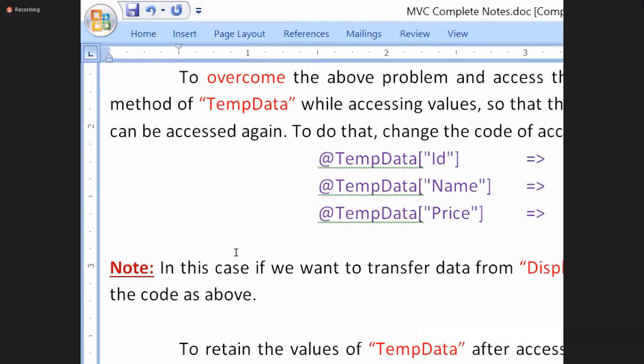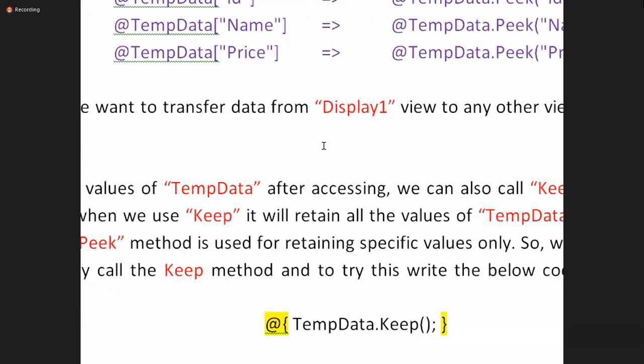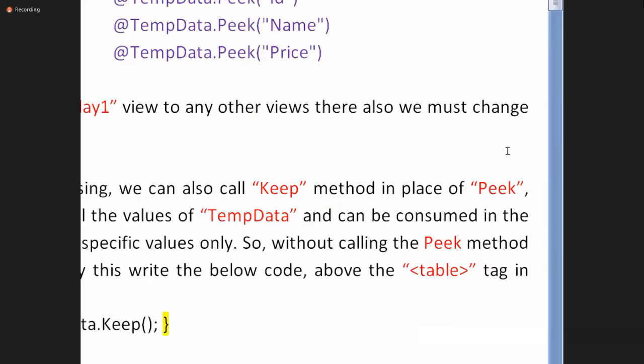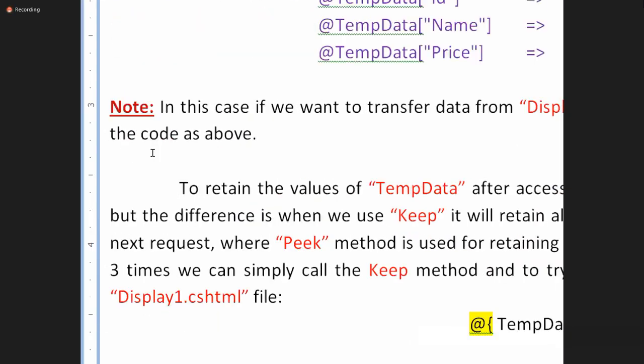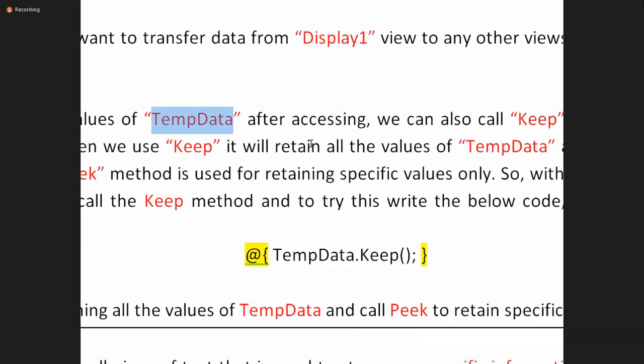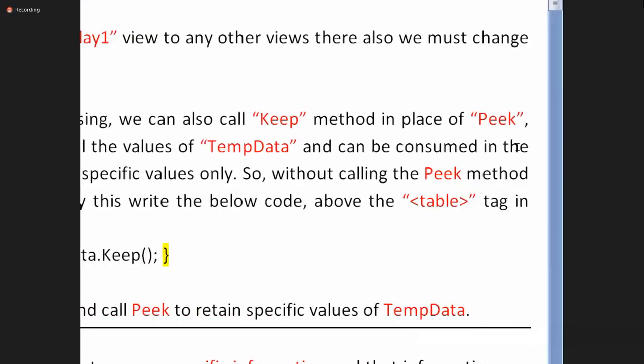Yeah, you changed the code. Afterwards, if you want to transfer data from display one to other views, there also we must change. Or in display one also, if you want to retain, you need to change the code there also. To retain the values of TempData after accessing, we can also call keep in place of peek.